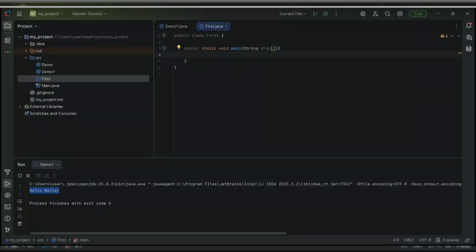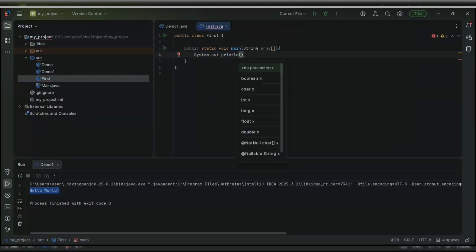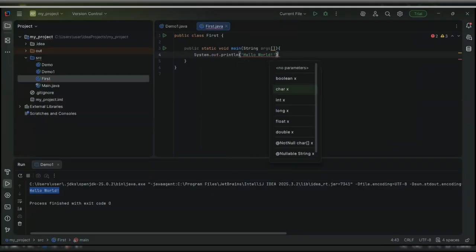And in order to print something on the console, we write in Java System.out.println, and we write our program. Hello World. Let's use the exclamation mark as well. And as the syntax requires, we should have a semicolon at the end.